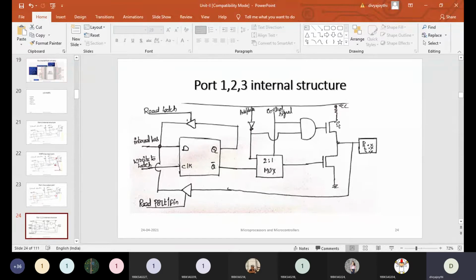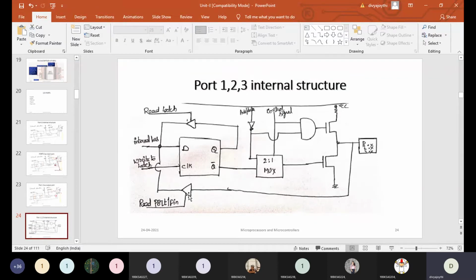So here it is in connection with the transistor and to the VCC. It is not connected aside. The reason is that it indicates that it is connected directly to the transistor, that is nothing but the output driver, which means to say that these ports have an internal pull-up resistor and the remaining things are the same.